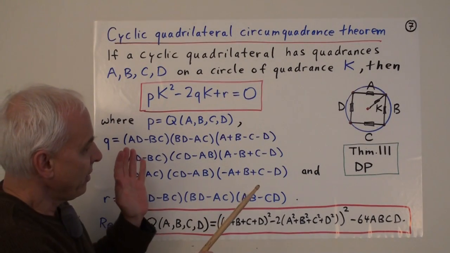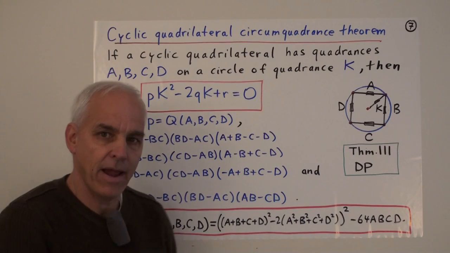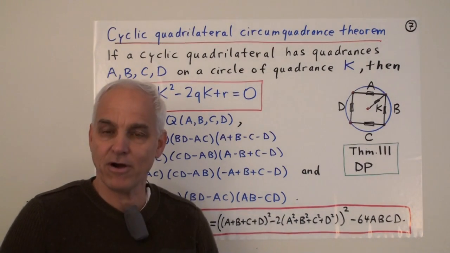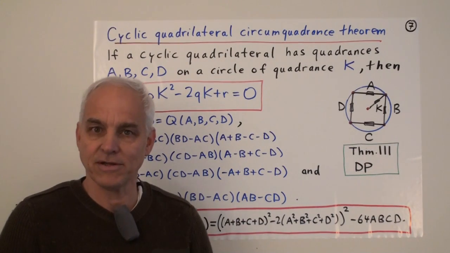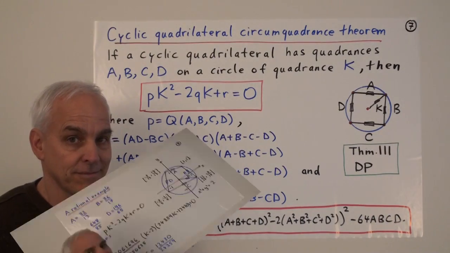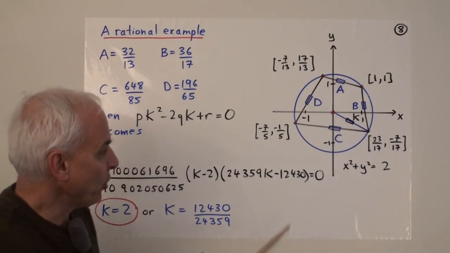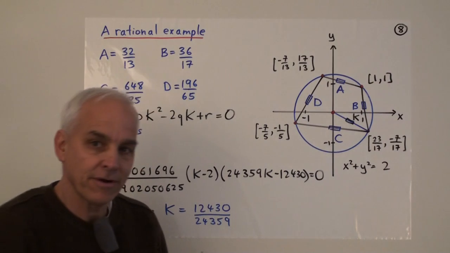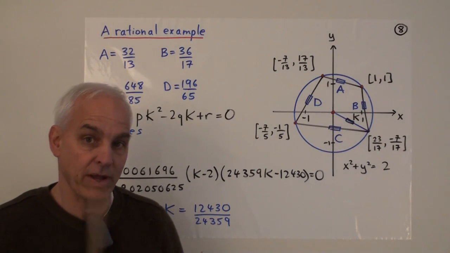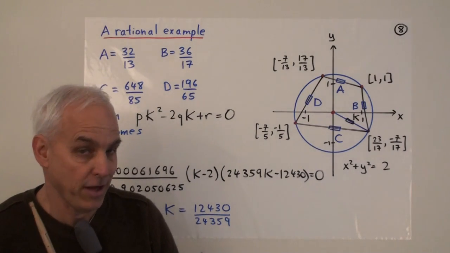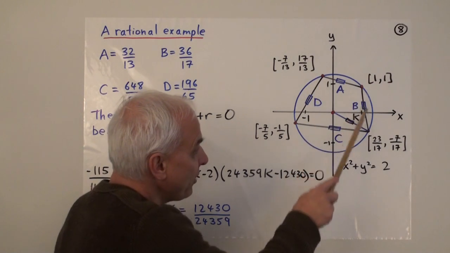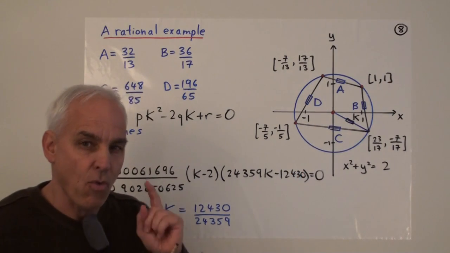Okay, so we want to see, well, how does this thing work? And why is it true? And how does it connect with the Parameshvara formula that we've already seen? It looks, on the surface, to be quite different. So let me give you an example. In fact, let's have a look at the same example that we looked at earlier over the real numbers, and now we're going to look at it over the rational numbers, the way God really meant us to look at things. So here are our same points, but now the relevant objects are the quadrances.